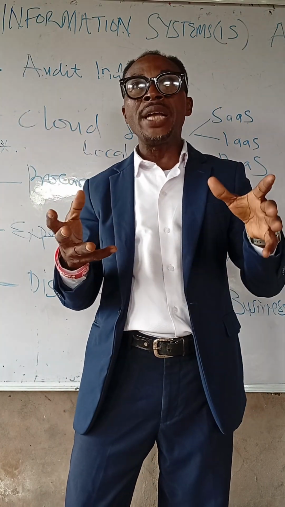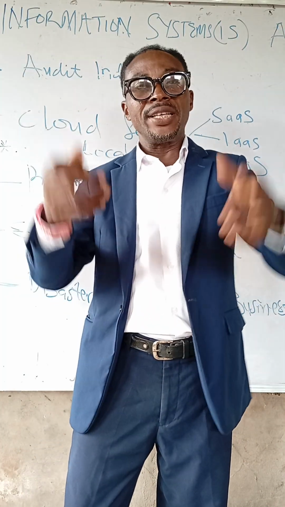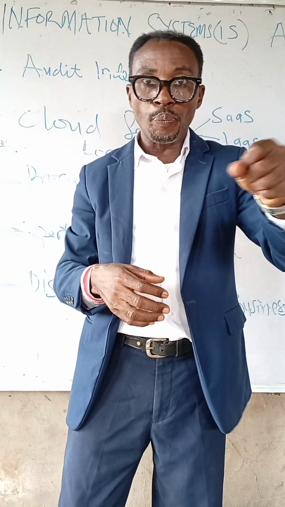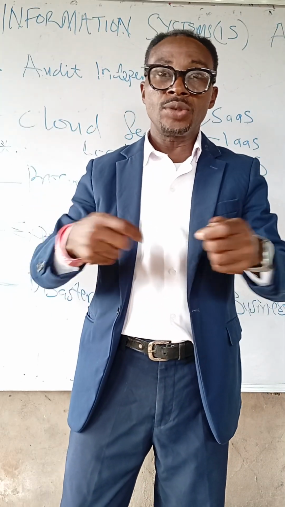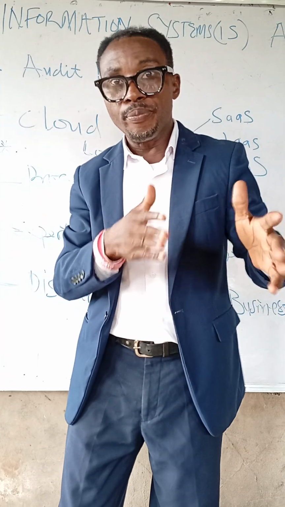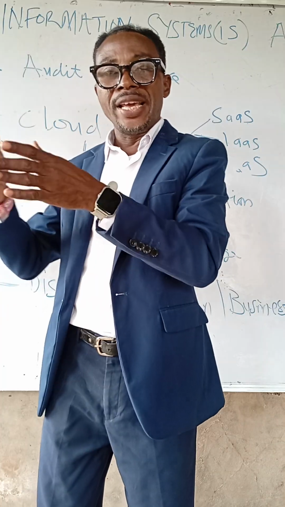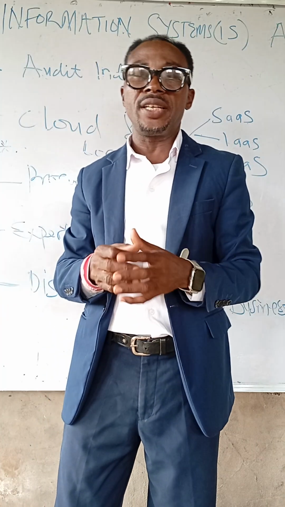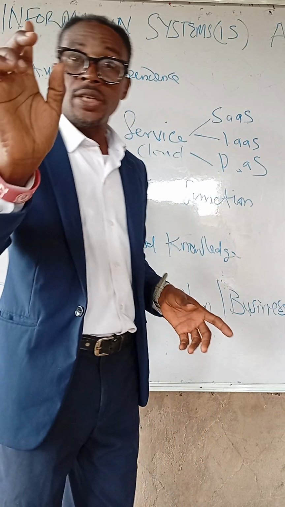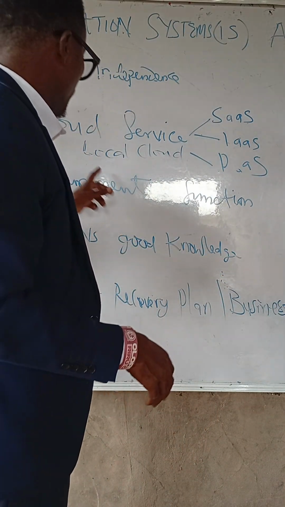A BCP document is a document that in times of disaster or in times of need, you invoke it, you pick it, then you start running it, start calling, start trying to bring the business into place, in line with what you stated there. So that's BCP for you. But then, this